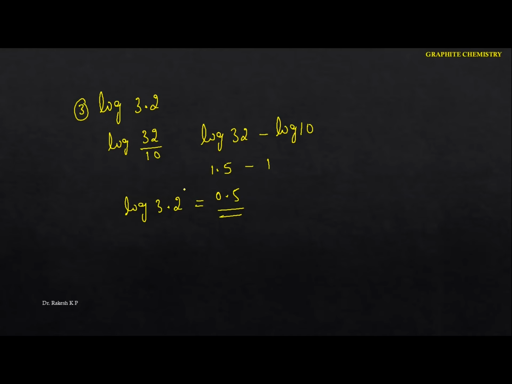Okay, let me solve the next question. Suppose you have a different number. Let me take the next one. You may get values in the exam maybe like this, log 6.783. Let me consider this value. Just identify that 6.7 lies between 6 and 7. That means I'm going to write that this lies between log 6 and log 7.